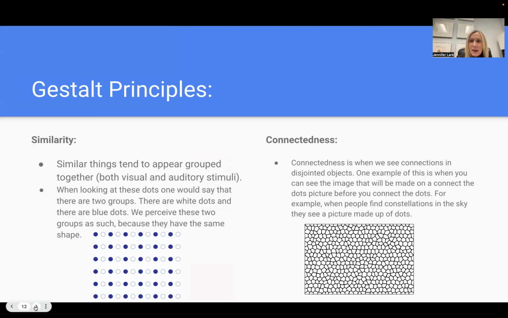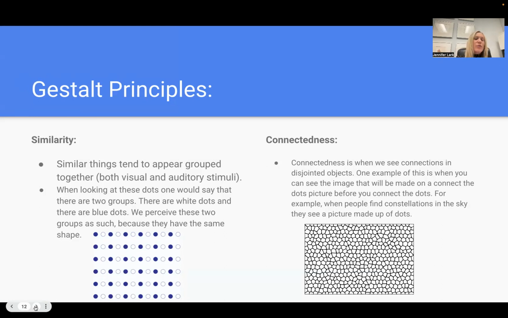For my brain, it's actually helpful to see visual examples of these Gestalt principles. So you're welcome to copy and paste these images into your interactive notebook. I'm also, though, going to give you real life examples if those real life connections are a little bit more helpful for you in terms of helping these concepts stick in your brain.